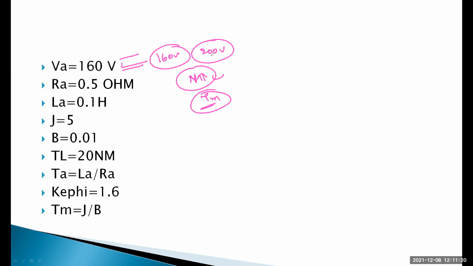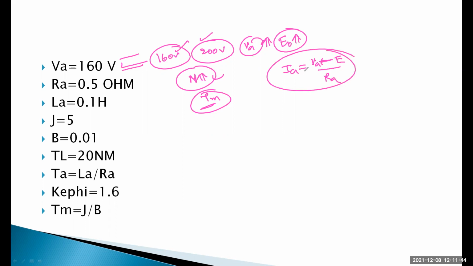By changing the voltage, definitely the back EMF also changes. So in the motor, Ia equals V minus Eb divided by Ra. This is the equation. By changing the voltage, the feedback Eb is also fed back to the source, and we take the difference of these two and control the armature current, so the speed of the separately excited motor can be controlled.